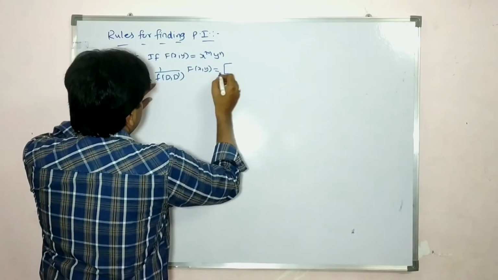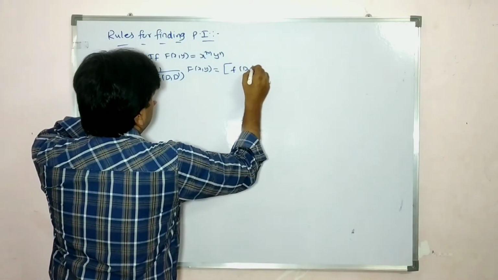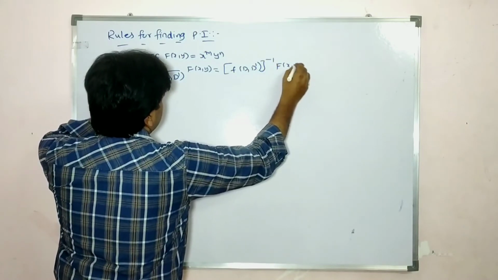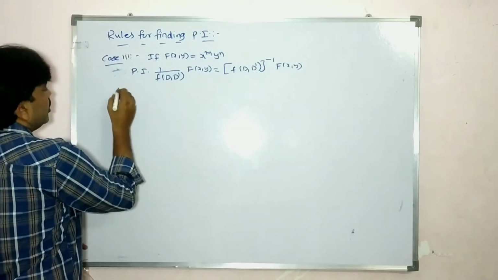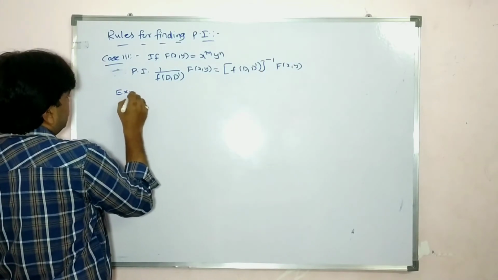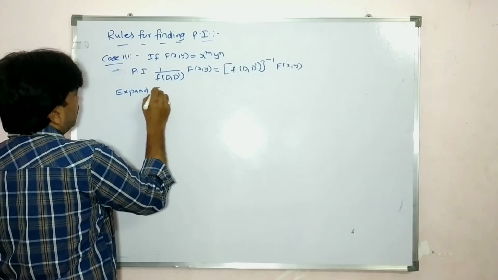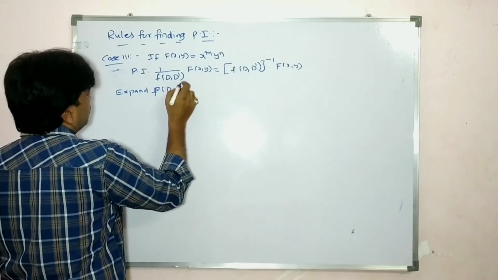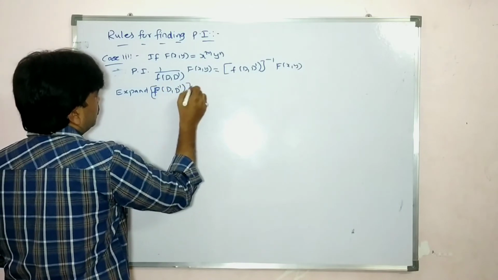You can write this as f of D, D dash whole power minus 1 of f of x, y. Now we expand f of D, D dash whole power minus 1